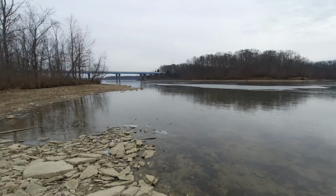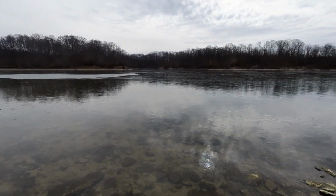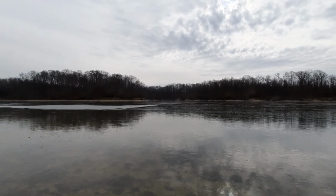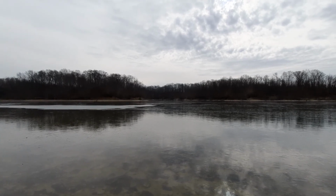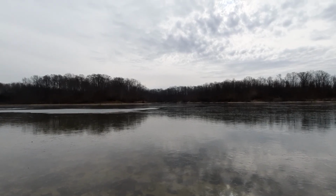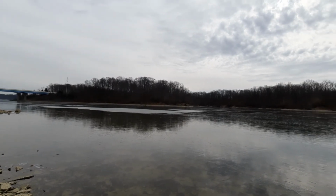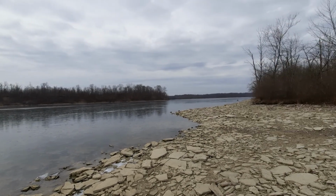But so you can see some of the frozen over ice on the reservoir, and if you listen very carefully, I'll just stop talking for a moment. You hear all that noise? That's the ice. What's amazing about this ice is since it is a huge network that's covering a decent amount